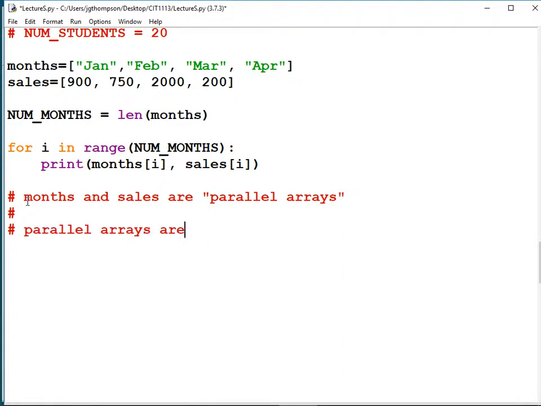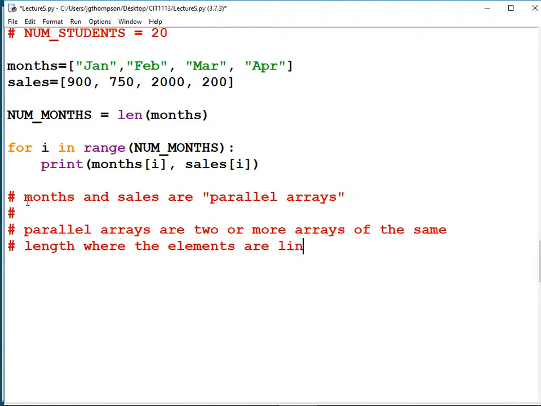Parallel arrays are 2 or more arrays of the same length, where the elements are conceptually linked, to get all fancy, linked by their subscript. Hope that makes sense.